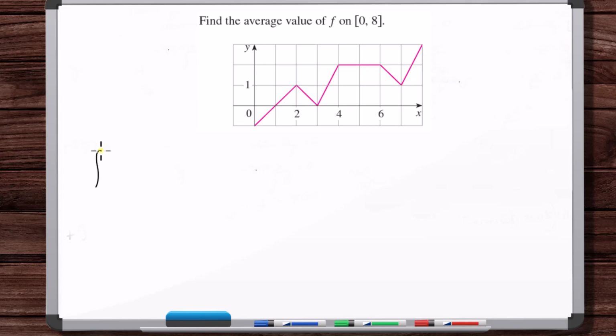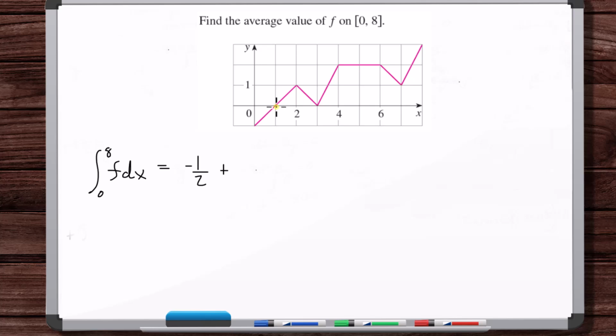The definite integral from 0 to 8 of f dx is equal to, all right, 1/2 base times height. Base times height is 1 times 1, 1/2, so minus 1/2 plus, all right, so here we've got